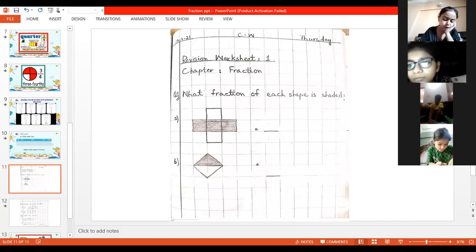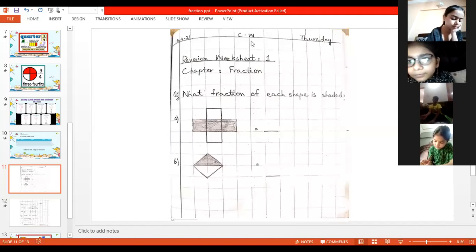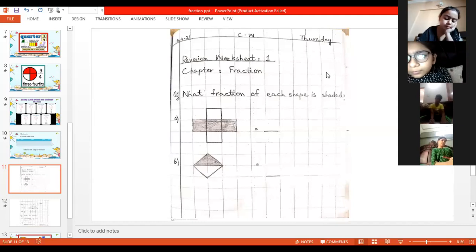So, who will tell me what fraction of each shape is shaded? Bit number A. Tell me in the chat box what fraction of each shape is shaded. How will you write it?